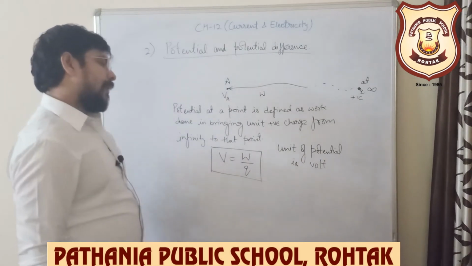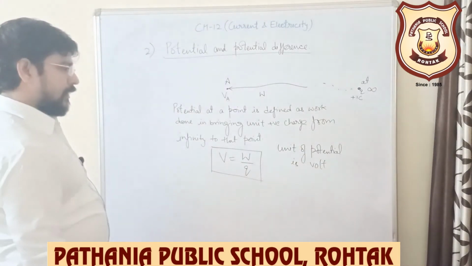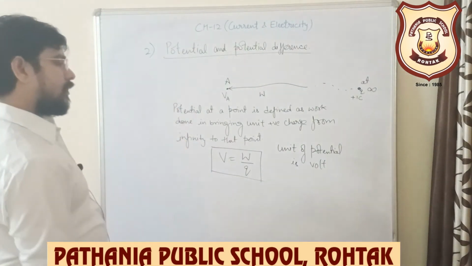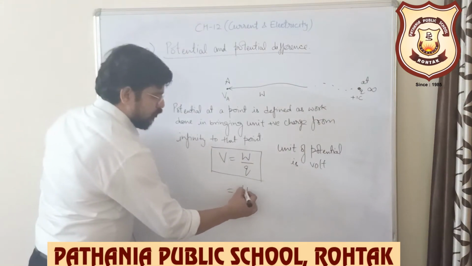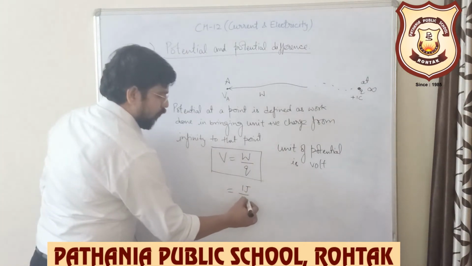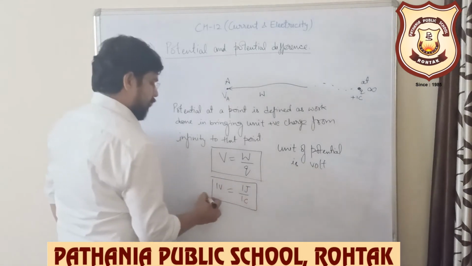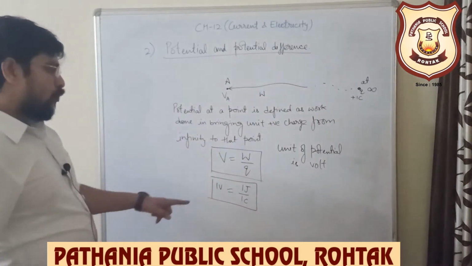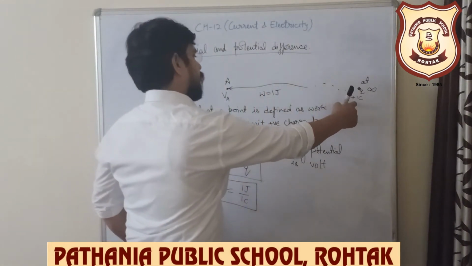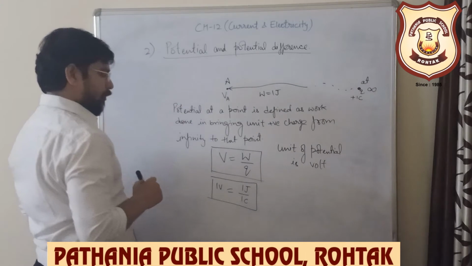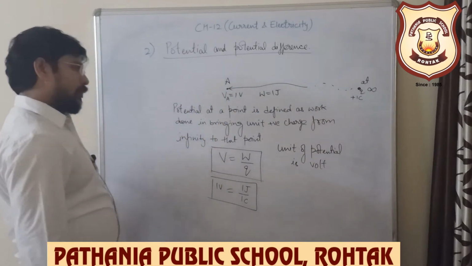And again, like the ampere, we can also define the unit of potential in the same manner as we define the current, that is I is equal to Q by T. So if my work done is 1 joule and I am bringing 1 coulomb of charge, then the potential at that point is said to be 1 volt. So if 1 joule of work is done in bringing plus 1 coulomb of charge from infinity to a particular point, then the potential of that point is said to be 1 volt. Okay.